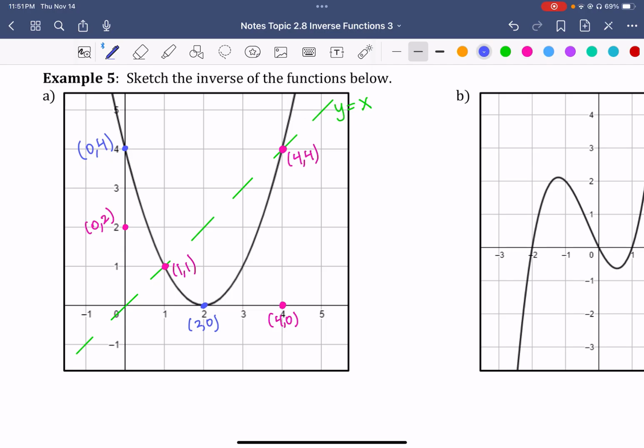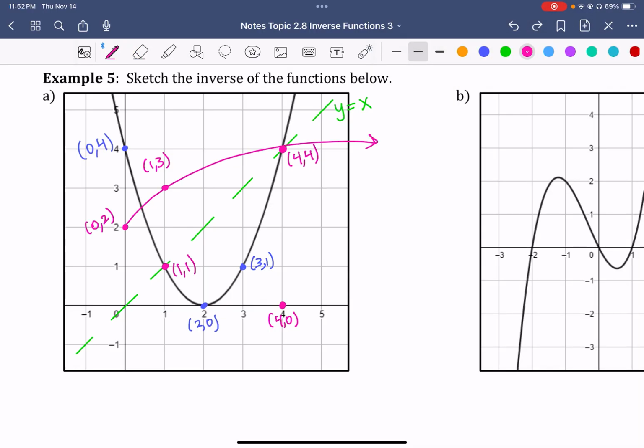Let's see if I find another point. I have this one at 3, 1. So if I take the inverse, we would be at 1, 3. Okay, and I think that's about it. We can get more, we can approximate decimals, but we do have enough points that I think we can make a pretty good sketch. So I'm going to grab these points and connect them as best as